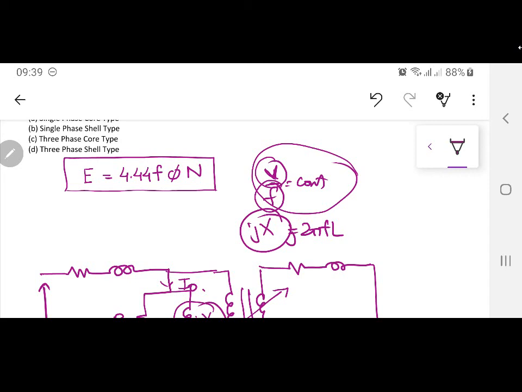And when you are seeing this one, you can see this is a very thin wire, maybe just like 22 or 23 gauge. And this one is approximately 16 or 17 or 18 gauge, something like that. This is standard wire gauge, not AWG. So this is the low voltage winding, this is the high voltage winding. Just by the size of the wire, certainly if it's a 1-to-1 ratio transformer, then you can't decide on that. But if you have a transformer which is stepping up or stepping down, then you can decide based on just the wire cross-sectional area which one is the low voltage winding and which one is the high voltage winding.